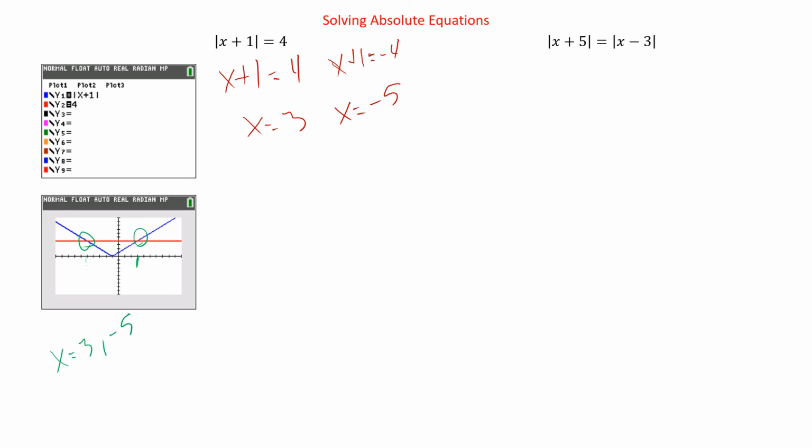Looking at this one, it's a little bit different because we have an absolute value on both sides. This is one where trying to do it algebraically is a bit more difficult because you have plus or minuses on both sides, and it's kind of weird. Not impossible, but it is kind of weird. When you have multiple absolute values, that's usually a good indication to just graph this. And so in this case, you would probably want to do y1